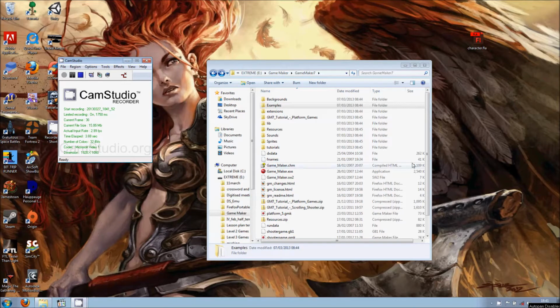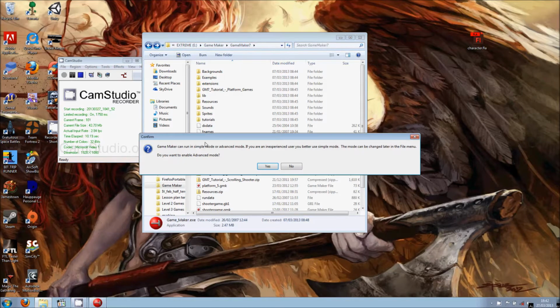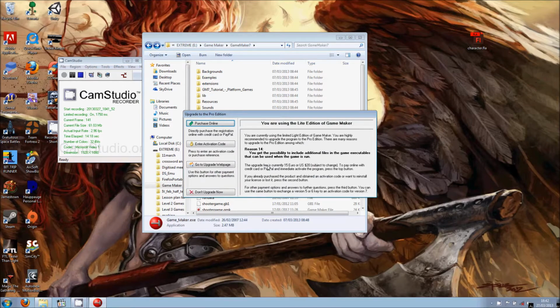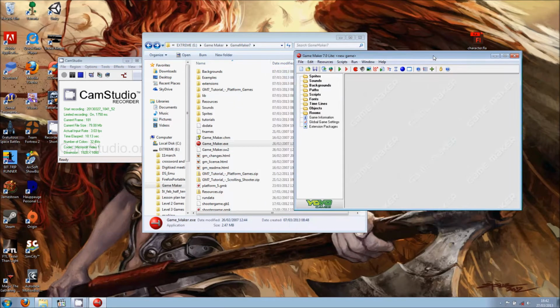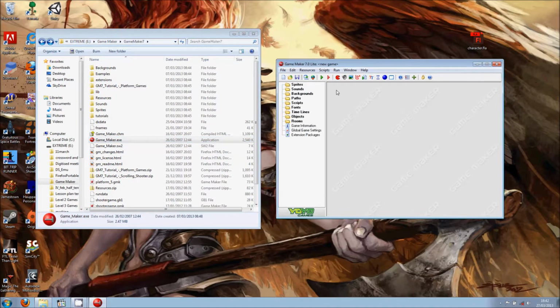Okay, so here we are, and I've got my Game Maker here. I can load up Game Maker. I'll run it in advanced mode, and I don't want to upgrade now. Okay, so we've got Game Maker here, and obviously one way of distributing games that you make with this version of Game Maker is that you can simply send the person the GMK file,